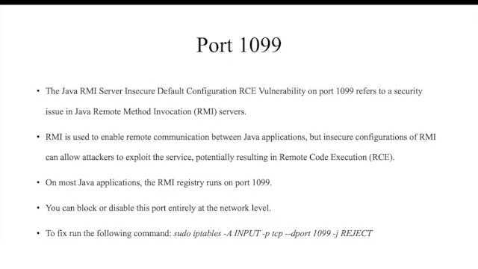RMI is used to enable remote communication between Java applications, but insecure configurations of RMI can allow attackers to exploit the service, potentially resulting in remote code execution. On most Java applications, the RMI registry runs on port 1099. You can block or disable this port entirely at the network level. To fix, run the following command: